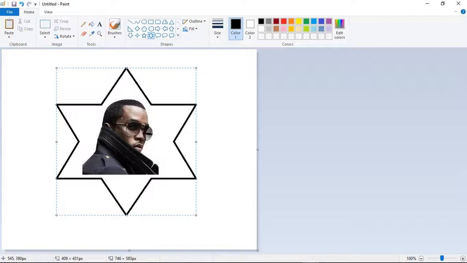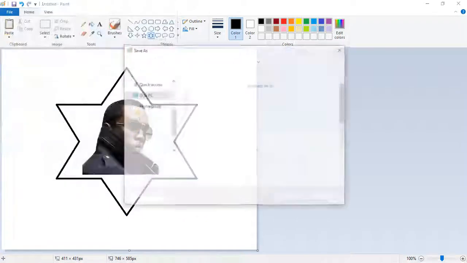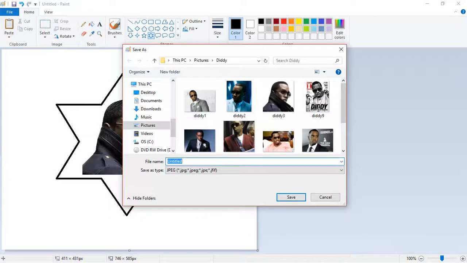So this is going to be the icon. I can make it this color, gray, blue. I don't know what color Puffy might like, but I'm going to go with black because it matches the outfit. And so I'm going to save it. Save it as a JPEG. Some people like to save it as PNG and stuff like that, and they know why, but I prefer JPEG. So I'm going to say